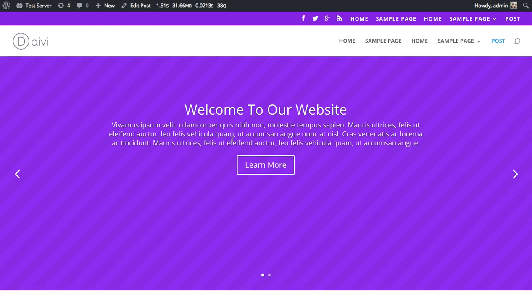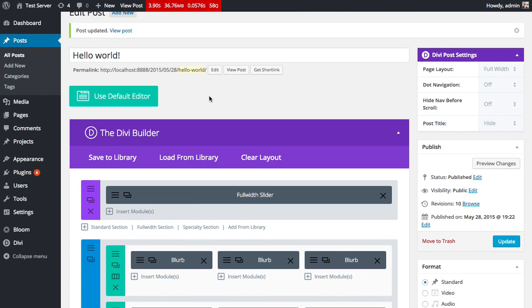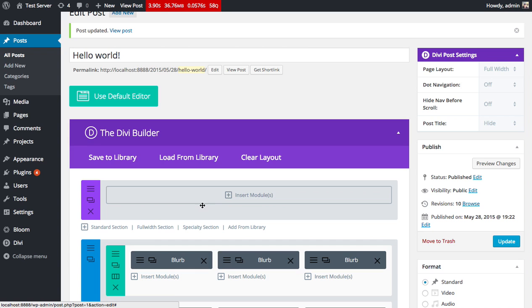But it is a blog post after all, and I want to have my blog post title and all the standard blog post information at the top here, not this page builder content. And I want it to dynamically update. So let's say I change my title one day. I want that to be reflected in the post title module, and that's what the post title module does so well. So what I'm going to do is get rid of this slider, and instead I'm going